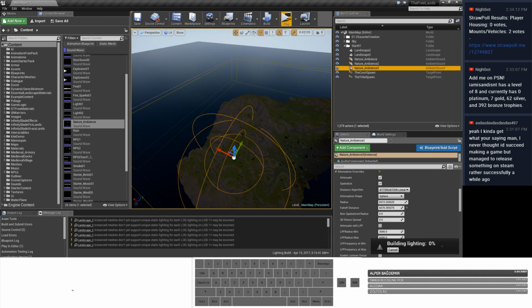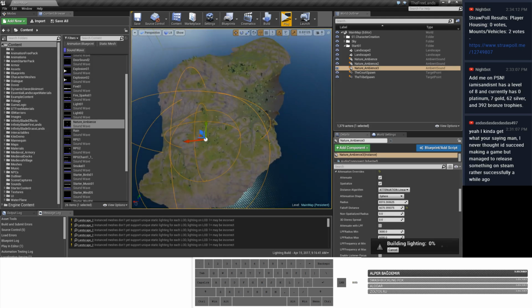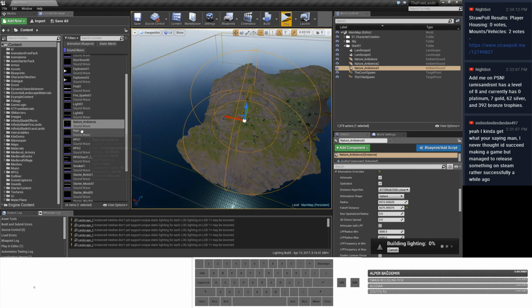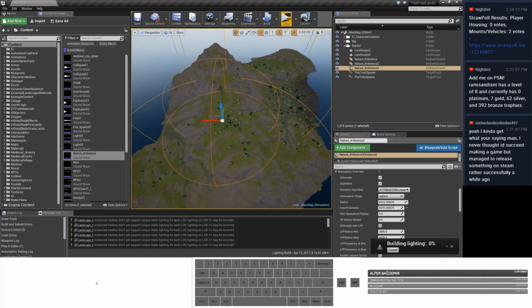So vote on my poll, guys. I got a poll on Twitch for whether I should do the human lands first or the dark elf lands first, like court or tribe. And I have a poll on YouTube that says whether I should work on player housing or vehicles and mounts first.